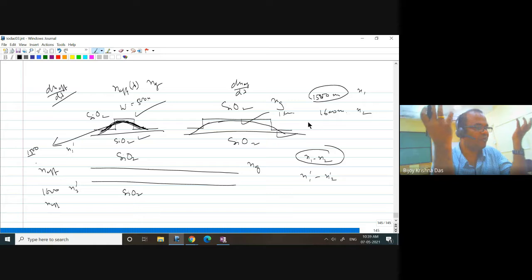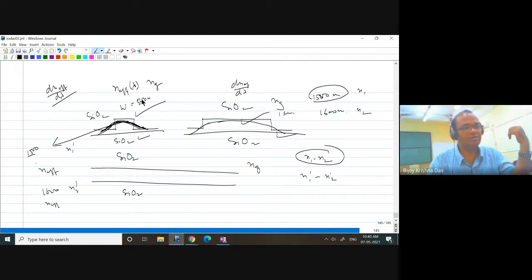Qualitatively you can say that the first case impact will be more, because with respect to the dimension, you see, 100 nanometer you are changing. 500 nanometer width, you are changing 100 nanometer. So that wavelength change is really substantial. But here, 1500 to 1600, 100 nanometer you are changing, but the waveguide width is 1 micron. So with respect to lambda, the 1 micron width is large, and here it is small. So the evanescent tail will be more impactful.